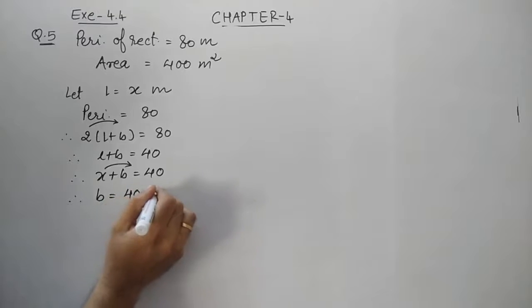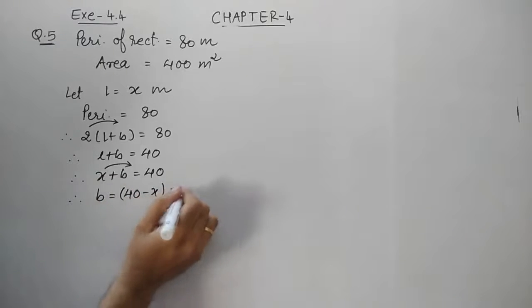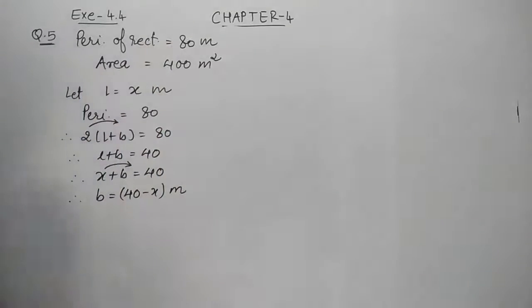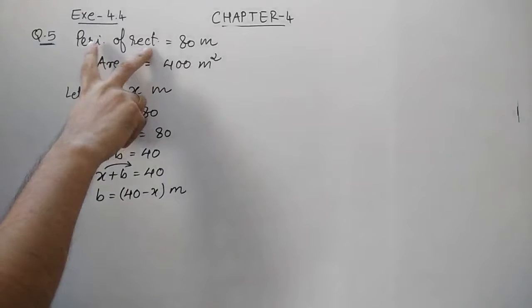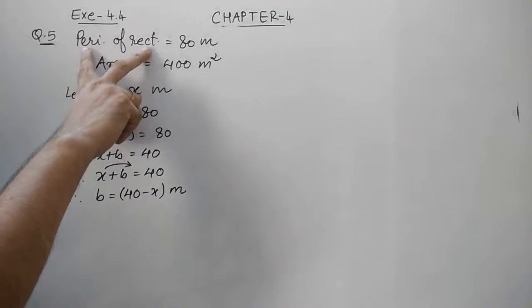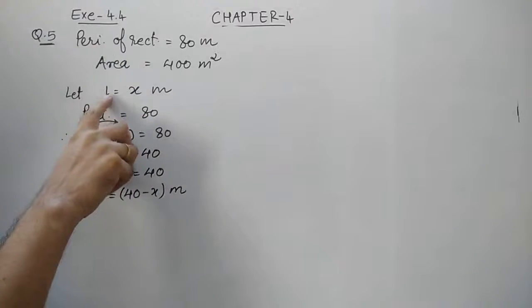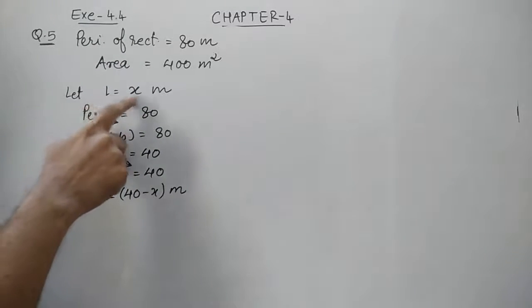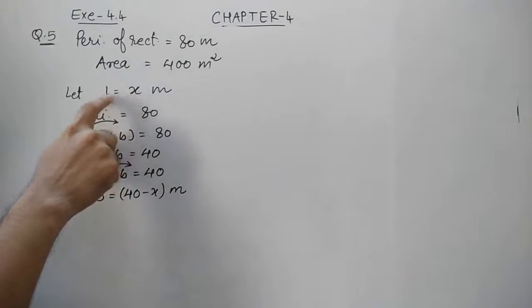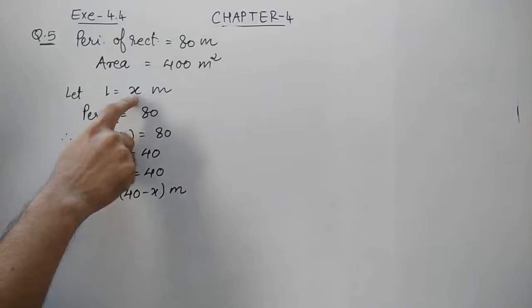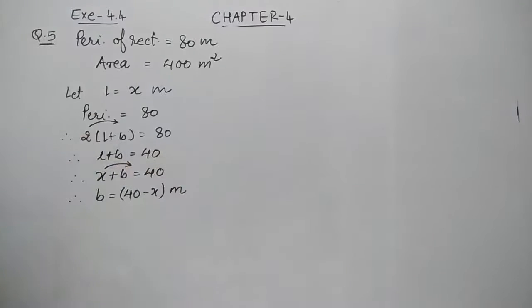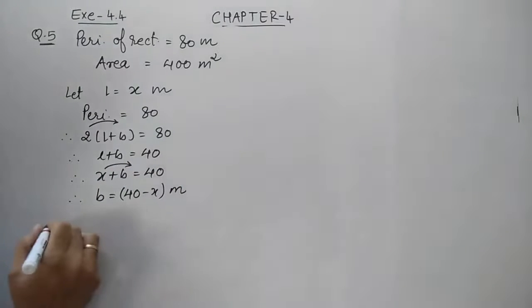So this is the good thing about this question, that they have not given directly the relation between the length and breadth. They have given the relation between length and breadth in the form of perimeter. So from the perimeter you can suppose for the length or breadth, आप किसी को भी x suppose कर सकते हो. Then I suppose length as x. So the breadth we obtain by using this formula. Let's form the equation.